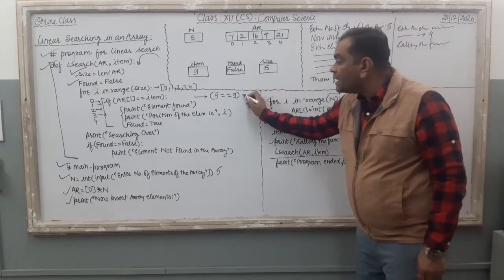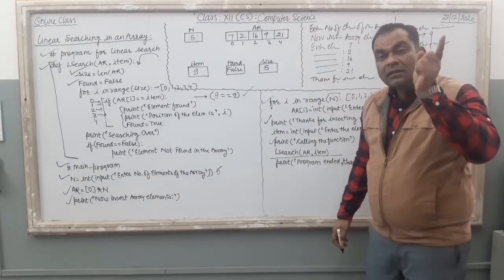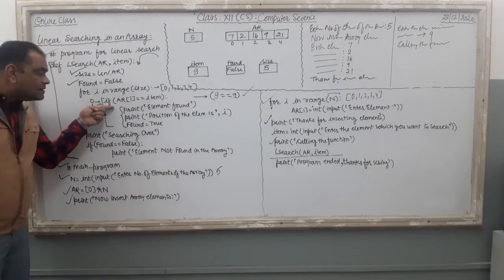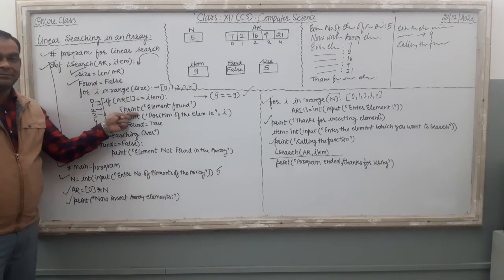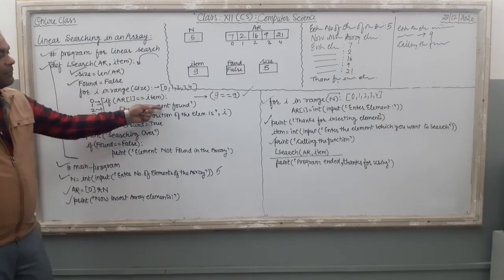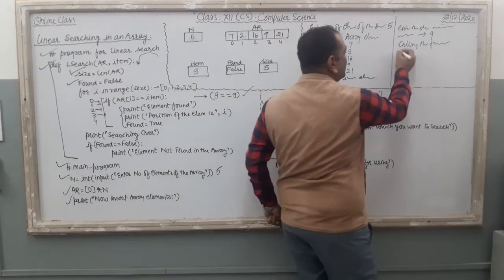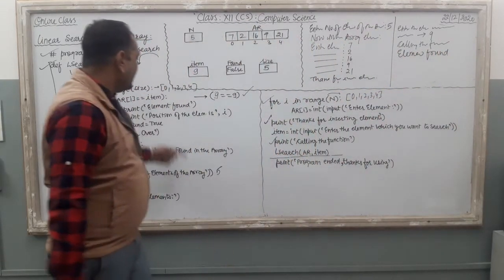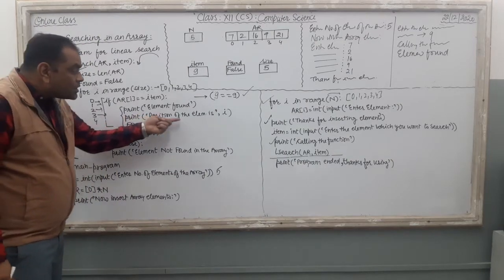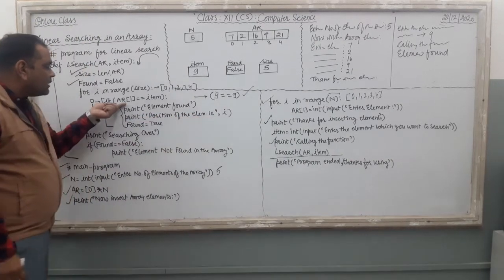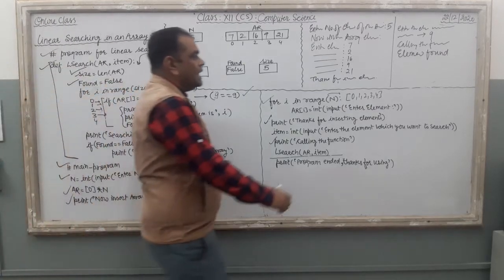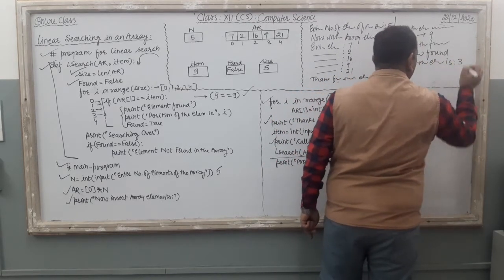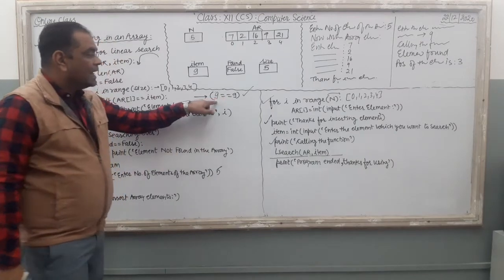So now just see 9 equal to 9, it means what? Here the condition is true, and once the condition is true, then you are allowed to enter inside the if block. Now your if has run. What is there in the if? Print element found, means the element found message is there on the monitor. Done. Then what is there in the next line? Print position of the element is, what is the last value of I? It is 3. So the message is there, position of the element is, and here the computer will show 3 because the 9 is there at the third position.